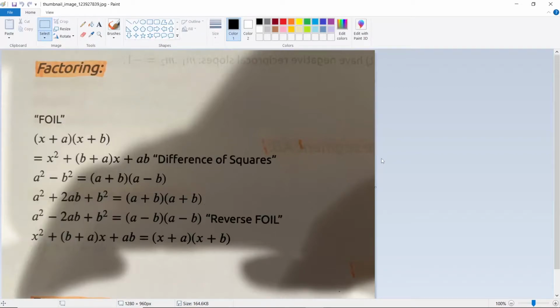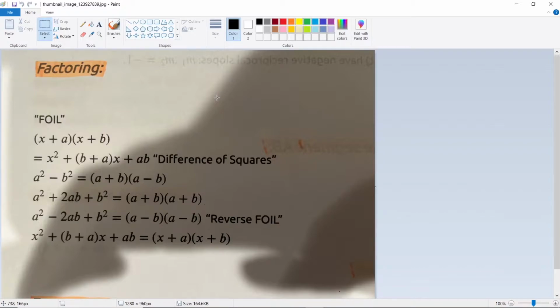Maybe you know FOIL, and maybe you've forgotten it. Maybe you've learned some of these other factoring patterns, or maybe you've forgotten them. Whether you've seen them before or not, you've probably seen them and just don't remember. Let's go through them. First of all, this page that I'm looking at comes from a cheat sheet for a college entrance test is kind of